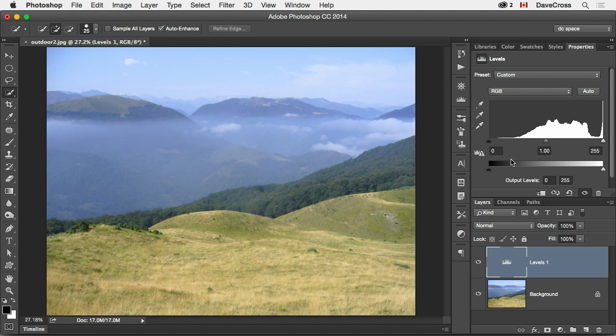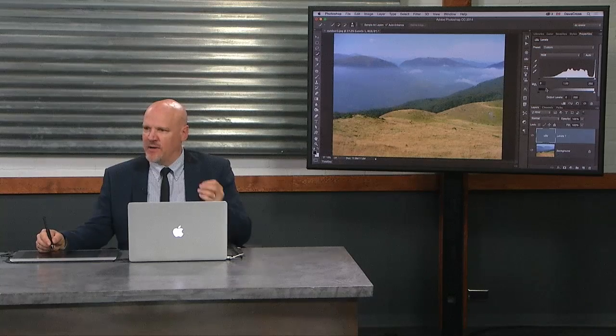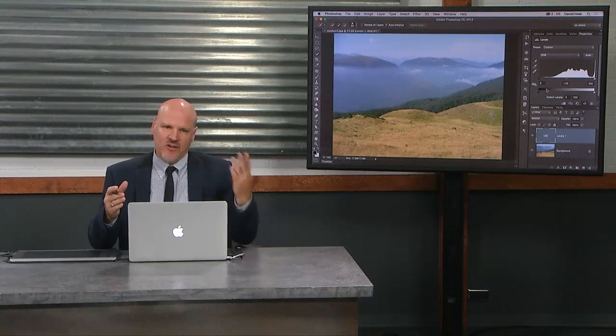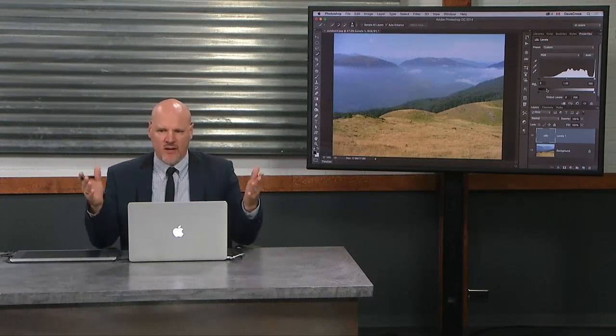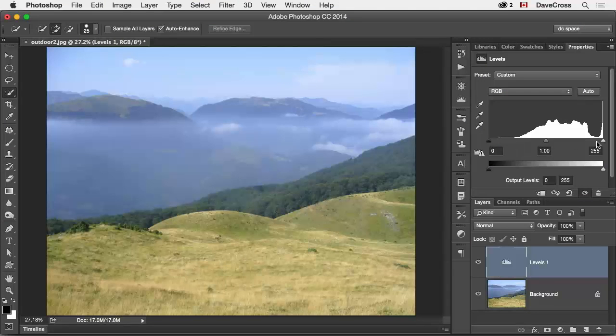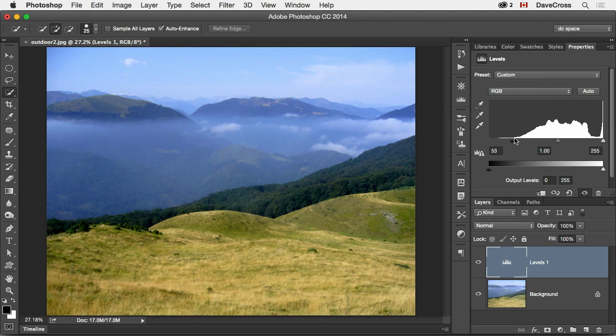Now, you may decide aesthetically that you're okay with that, but ideally, every photograph should have a nice black point and white point and midtone in it, and that's what these three triangles and the numbers equate to. So if you ever open a photograph and it has a big gap at either or both ends, one of the simplest things to do is just move that triangle in so you start to get almost where the bulk